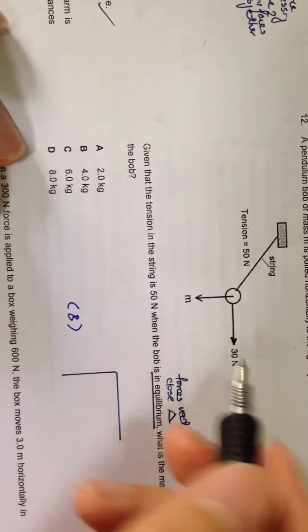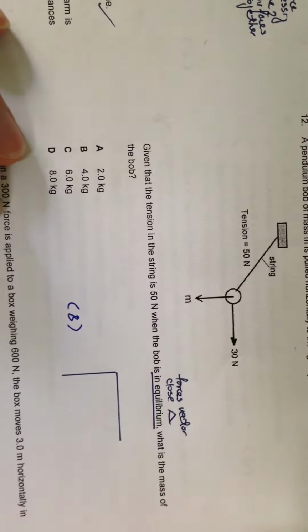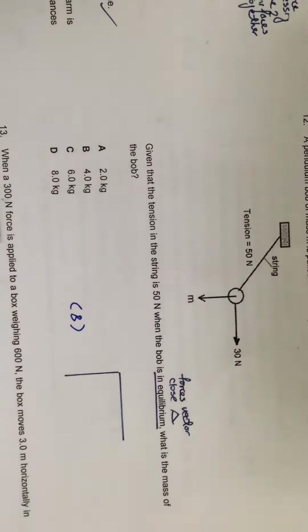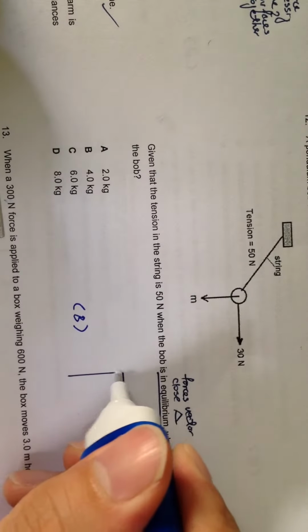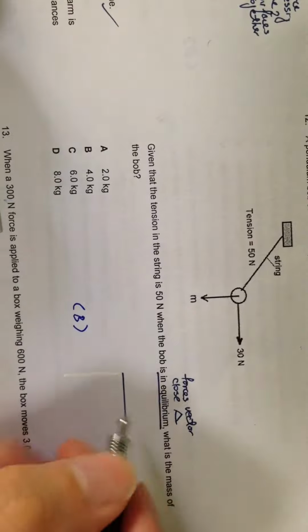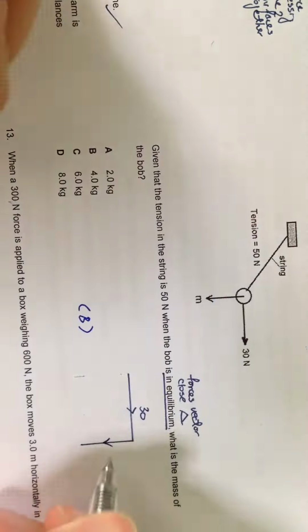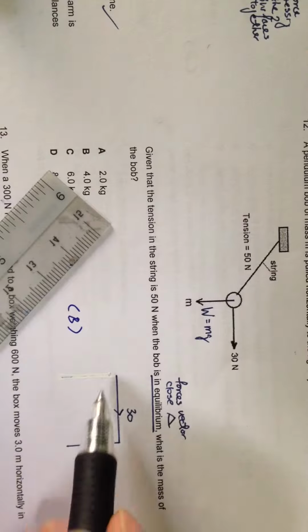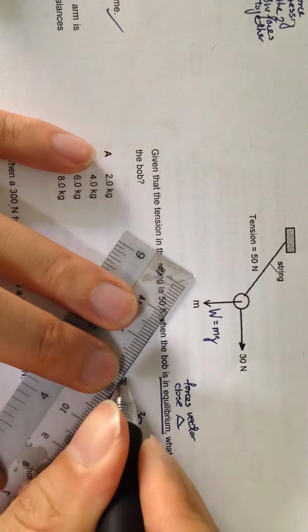Okay, so this is 30, right? Let's draw it properly so that you don't get confused. You know that there's a force here which is 30. There is the force due to gravity, which is weight. There's a mass here, right? So this translates to mg. And you know that there's tension. You know that it must be a closed triangle because it's in equilibrium. So it goes this way, it goes this way. So finally, it must go this way. So it forms a closed triangle.